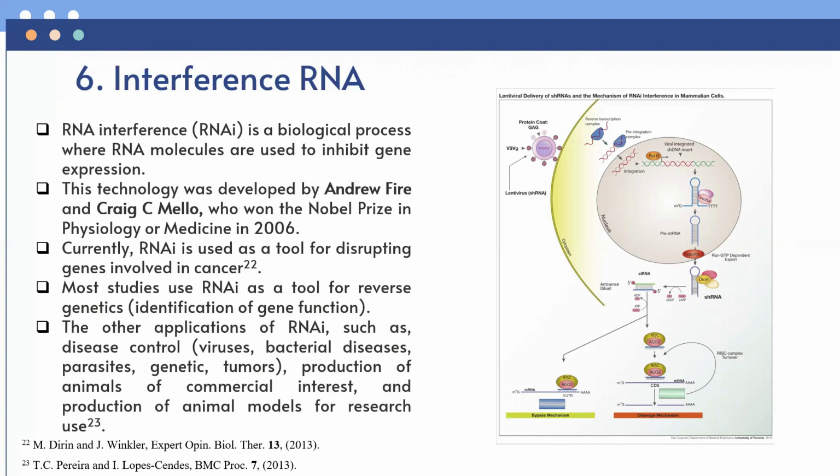This figure on the right side shows the principle of RNA interference. Typically, short RNA molecules are created that are complementary to endogenous mRNA and, when introduced into the cell, bind to the target mRNA. Binding of the short RNA molecule to the target mRNA functionally inactivates the target mRNA and sometimes leads to degradation of the target mRNA.